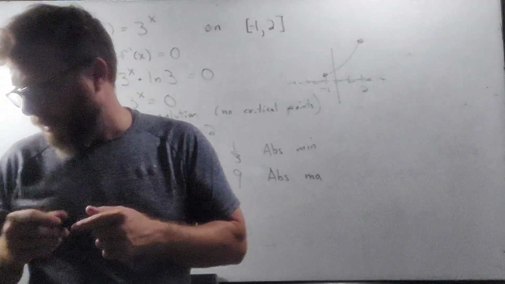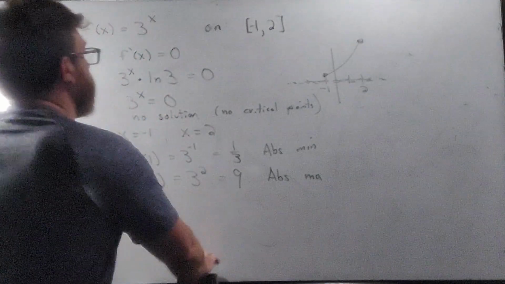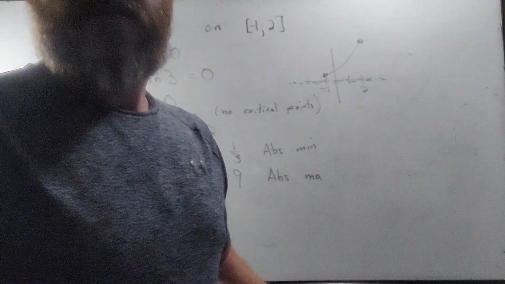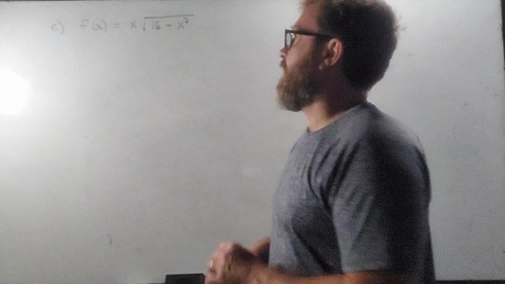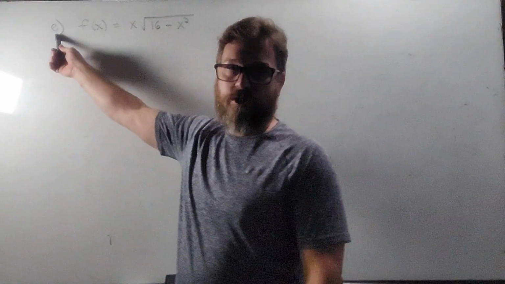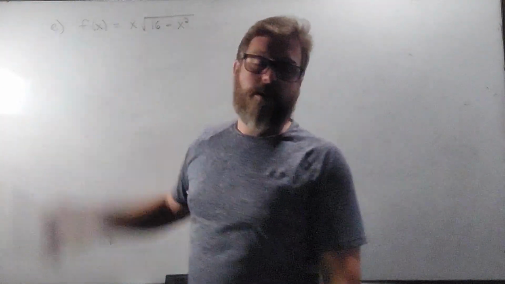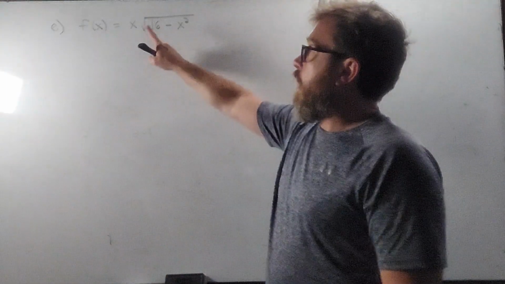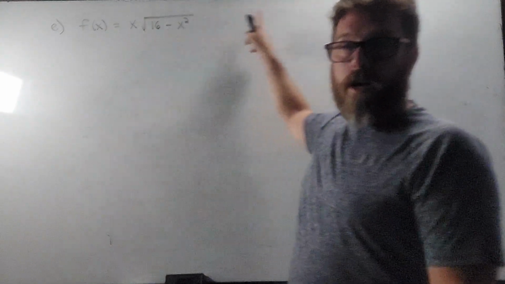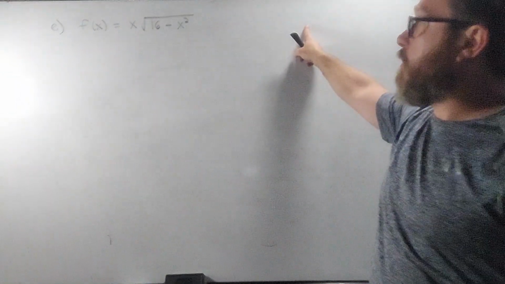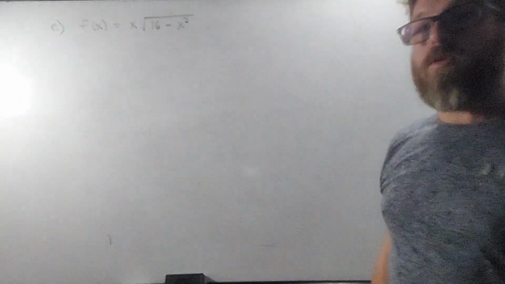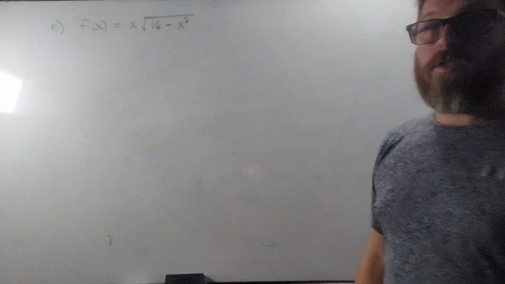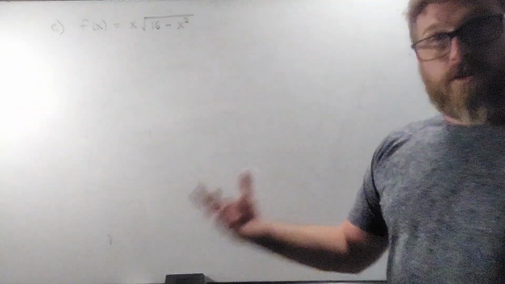All right, last example, and this is probably one of the more complicated ones because it's got radicals, so this is probably the most interesting. All right, we'll close with this. I did notice that I wasn't changing the letters, so bear with me. There should have been A, B, and C, and D, so please forgive me. I didn't give us an interval on purpose this time because I'm going to find that interval in a second by looking at the domain of this function, and this function will happen to be a function on a closed interval